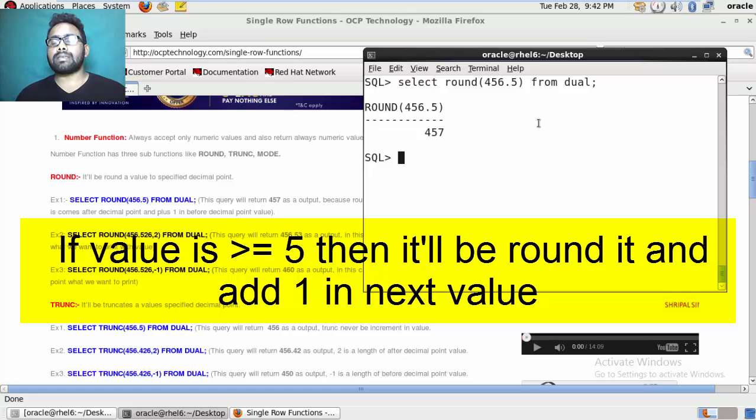You can see here the example is 456.5, and its output is 457 because of the 5.